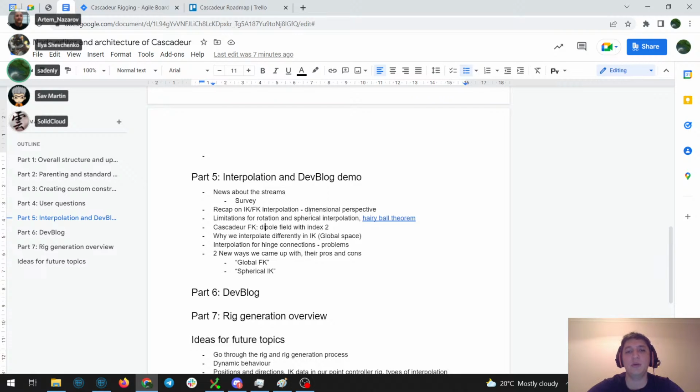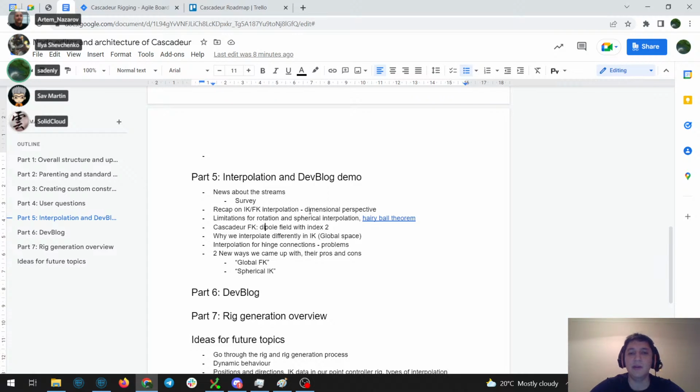We'll look at it from a bit of dimensional perspective, so theoretical math perspective, about the spaces where the coordinates live and what their pros and cons are. Then we'll look at the limitations for rotational and spherical interpolation. Then we'll go into Cascadeur FK interpolation that is used right now. I'll try to do it very briefly and not get carried away. And then we'll cover what interpolation we use for IK and why it is different and what the limitations in IK are.